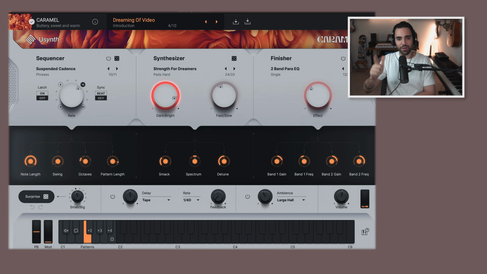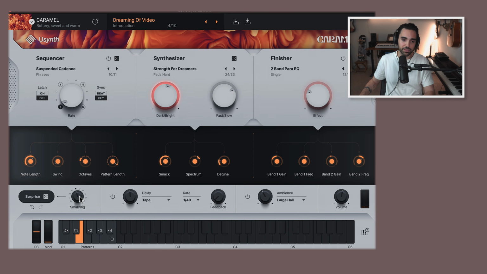Okay, one fun aspect for you here, this little surprise section with the dice. If I click this little surprise, things in my plugin will start to change. You can see right away, parameters are changing. This is sort of a randomization. That sounds totally different than what we had before. Let's roll the dice again. If you need a little more inspiration and you want to start randomizing things, you can do it right there with the